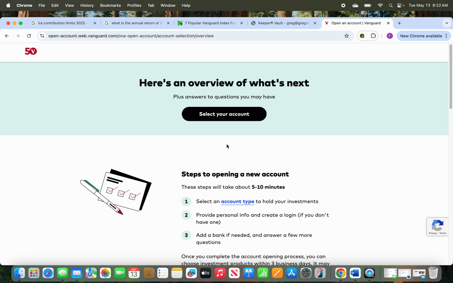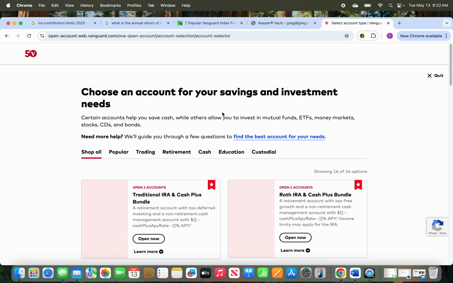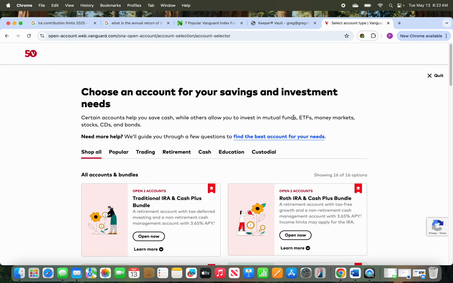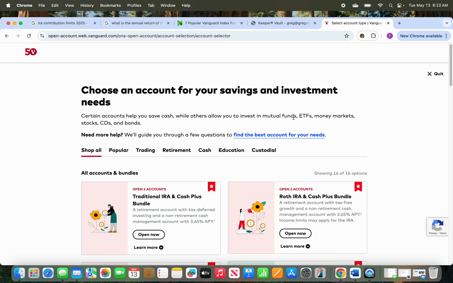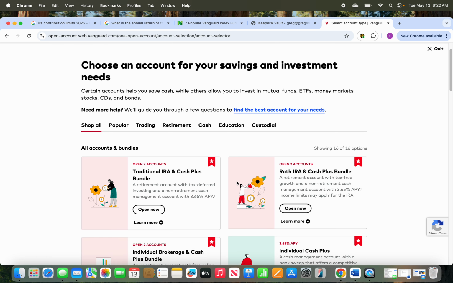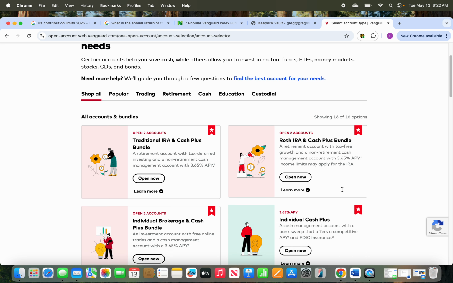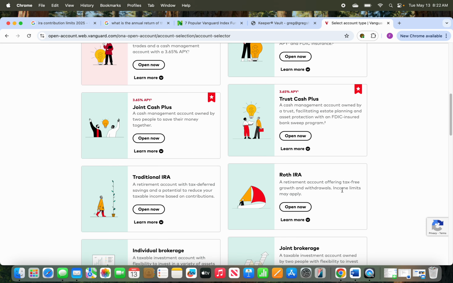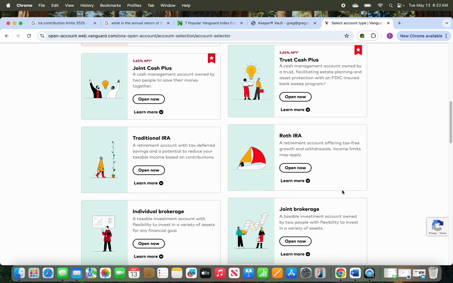If you still don't quite understand the account types, you can take a look here. But we know what we want to set up. We're looking for an individual retirement account, and we're going to go with a Roth. Now, they've bundled some products together here, which is actually sort of nice. If you wanted to have both a savings account and a Roth IRA together, they can do that. But if we scroll on down the list here, we can see that the Roth IRA is what we want